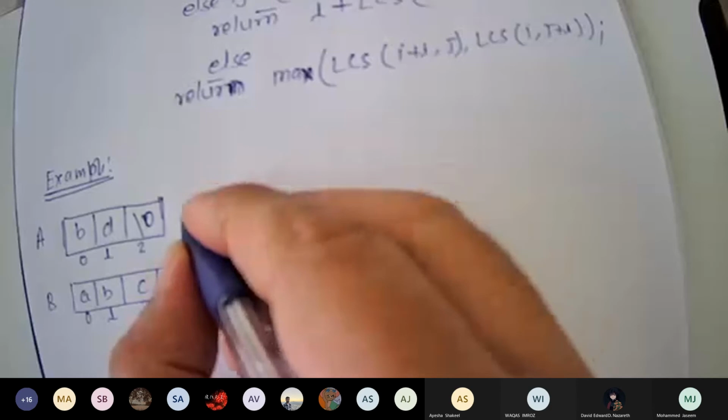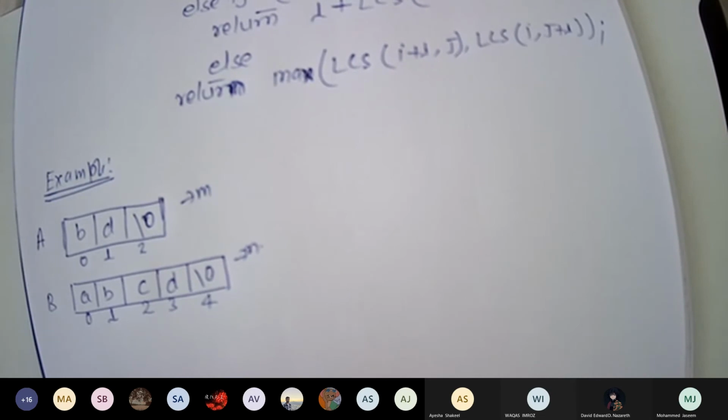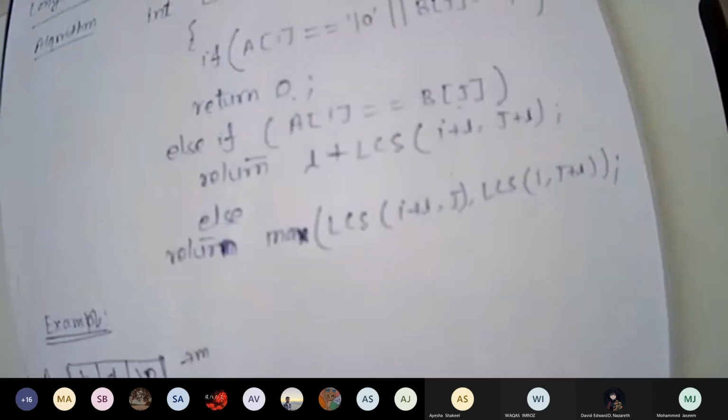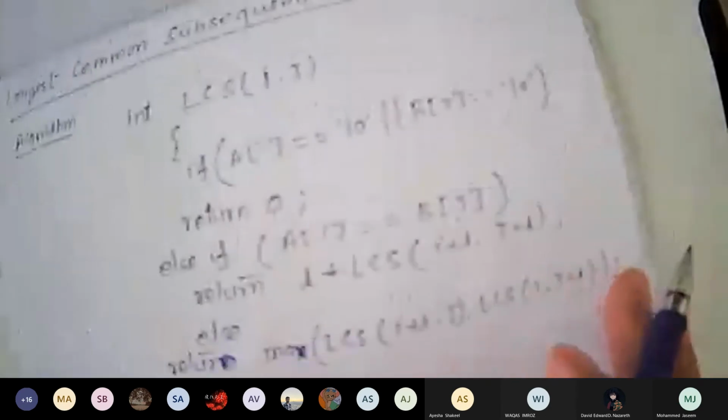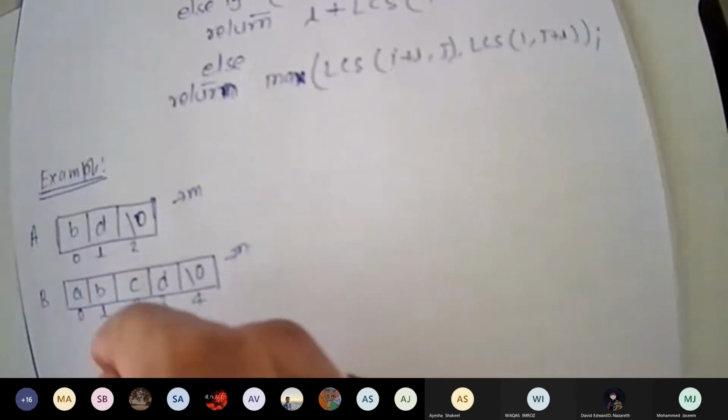And suppose that this is length M and this is length N. We will discuss later on why I am writing this N. So let's apply this algorithm, whatever we wrote here, with this example.